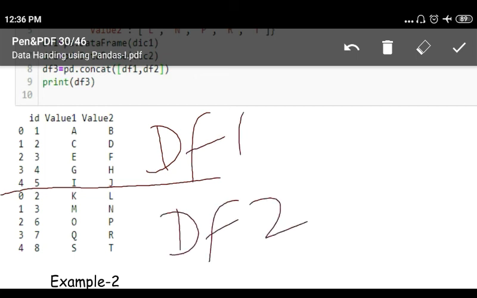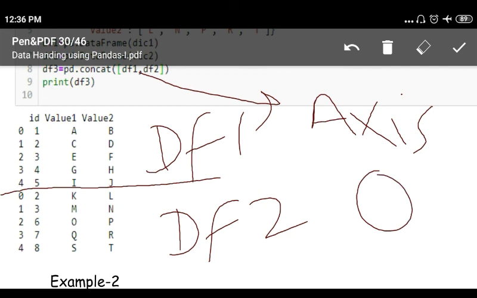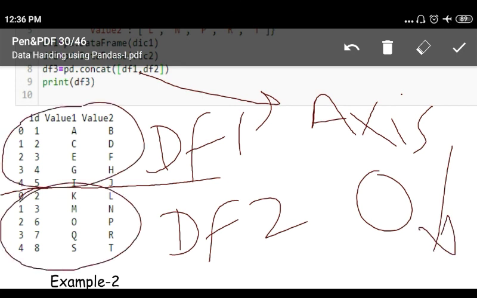As we have not given the axis here, the default axis 0 is considered. So 0 is this one, the 0th index, so it is combined. This is data frame 2, this is data frame 1, so both these are combined along